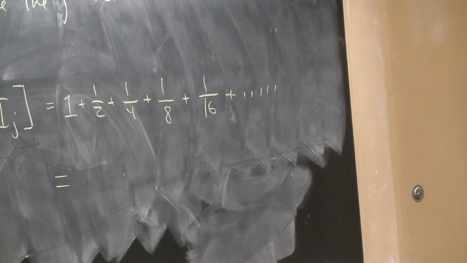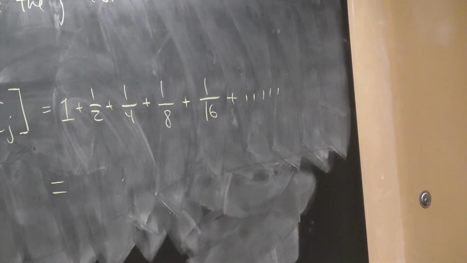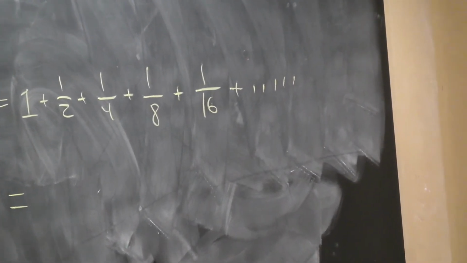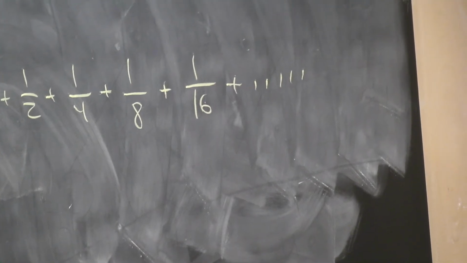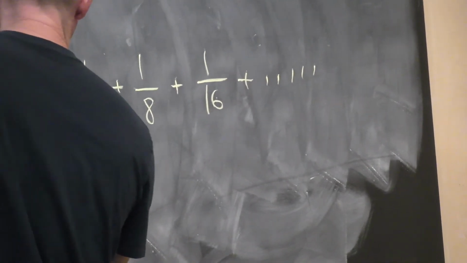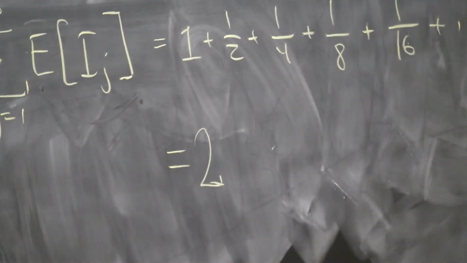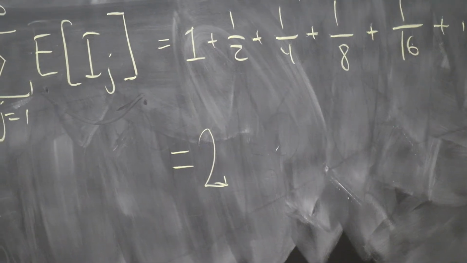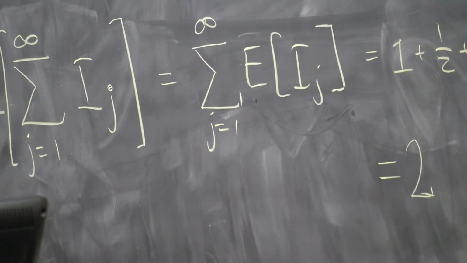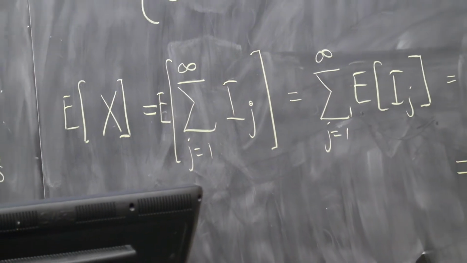So what does that add up to? 1 plus 1/2 plus 1/4 plus 1/8 plus 1/16 plus 1/32. That adds up to 2. Right. This is the famous Zeno's paradox, posed by a Greek philosopher who said, how is it